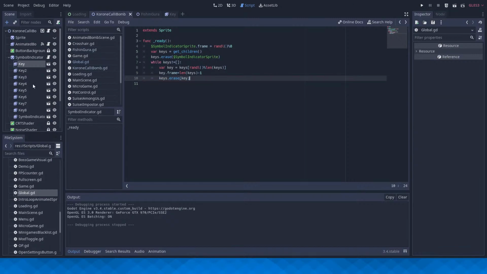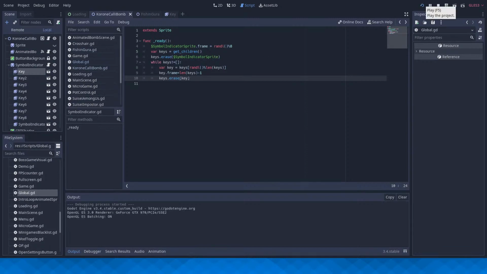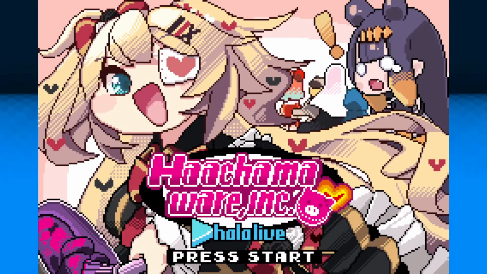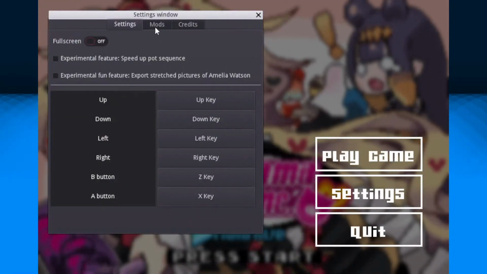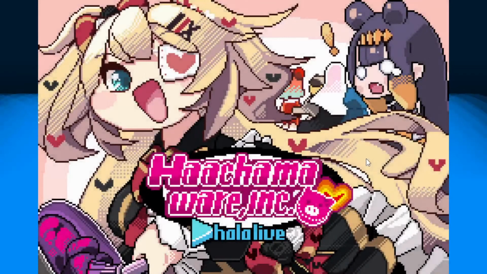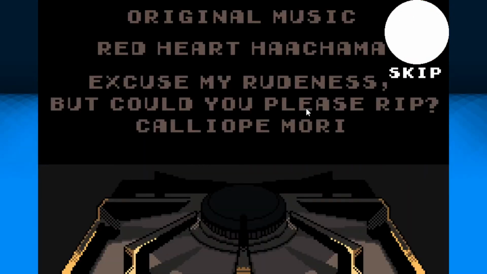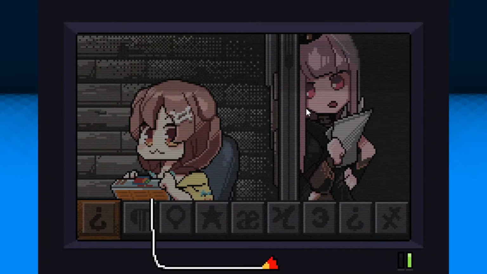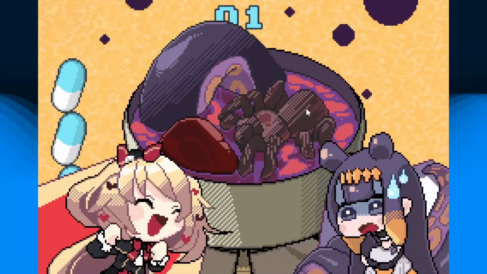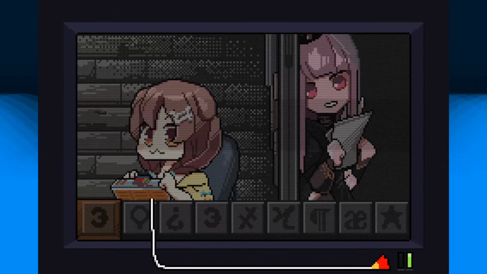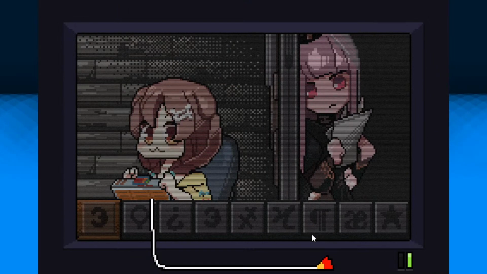That should give all the buttons a random unique symbol, and they are assigned in backwards order. Let's try this. Settings mod, just take all of that out and skip this. I don't see any duplicates. Let me pause the game. Alright, I've paused the game.